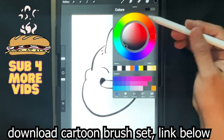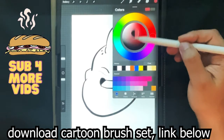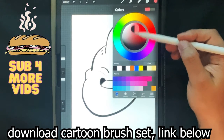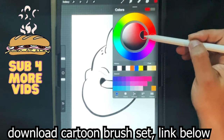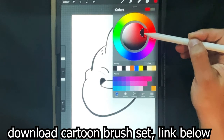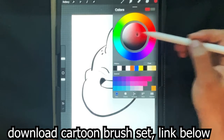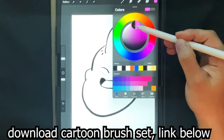And now I'm going to go over here, and on this color wheel, up and down in the center is how dark or how light you want it. And then right to left is the color, how much color you want in it, right? So I want it to be really red or more of a gray red. So that's where you decide that stuff. I'm going to move this over here to the pink area, go up,